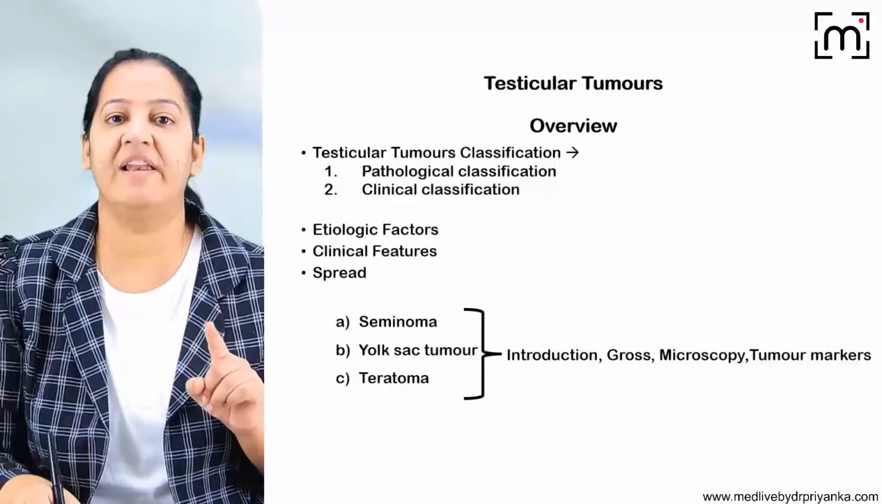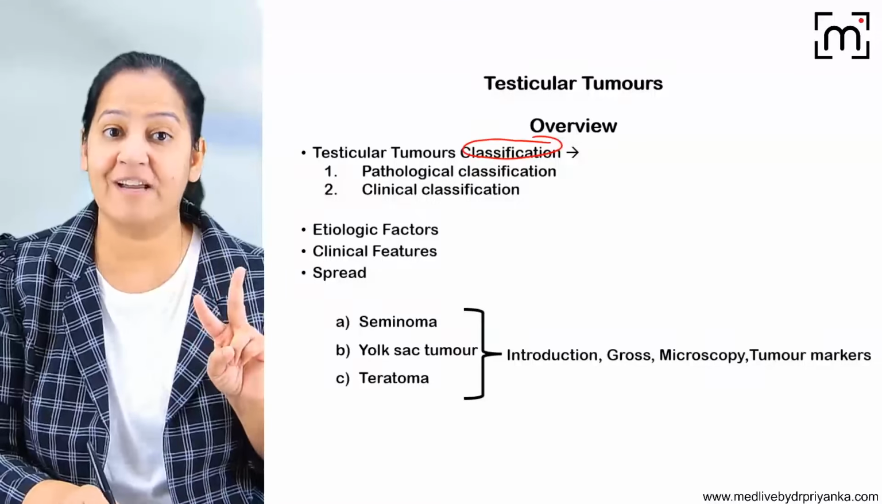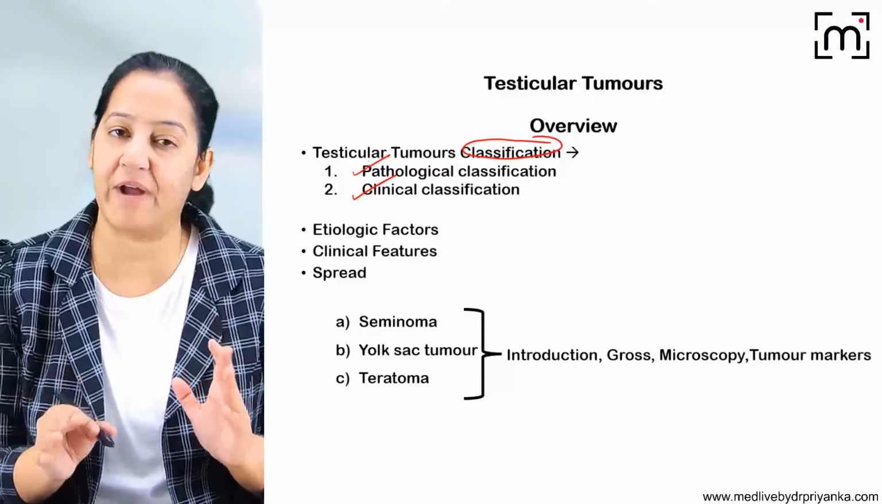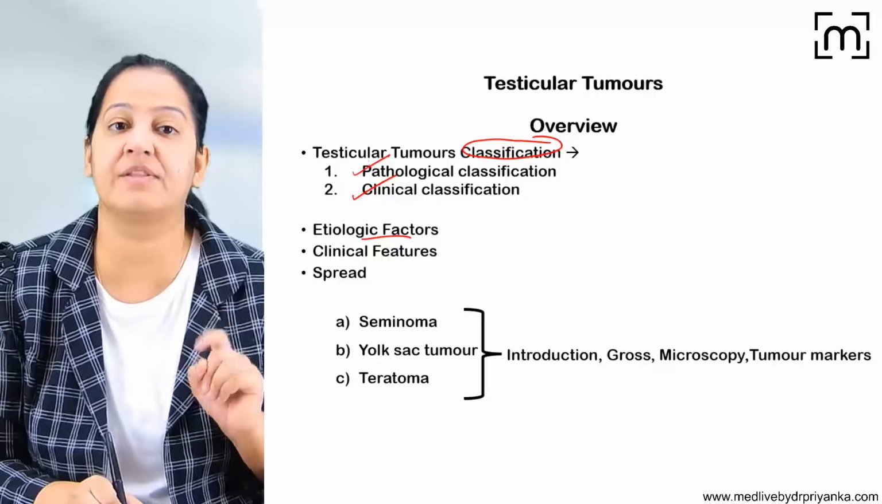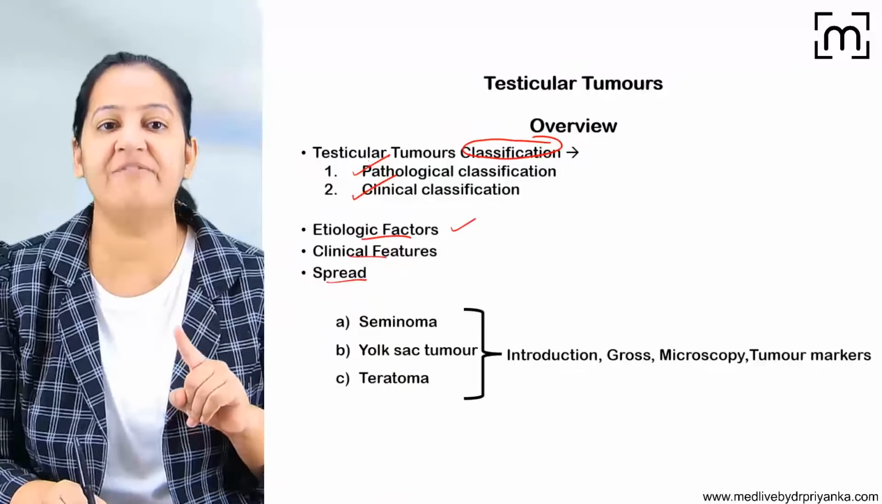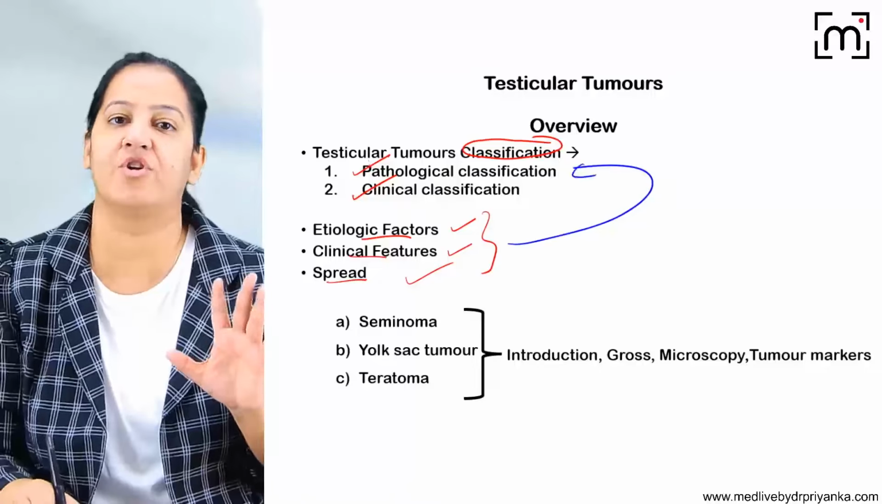So first of all, I will let you know the two types of classification of testicular tumor. First pathological classification, then clinical classification. So in your exam, you have to write both types of classification. Then we will see the risk factors, the etiological factors for the testicular tumors. Then we will see the clinical features and the spread. So etiological factors, clinical features and spread are common for all types of testicular tumors, whatever we will see in